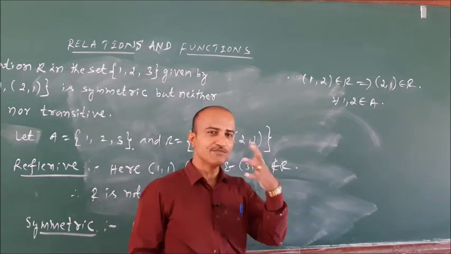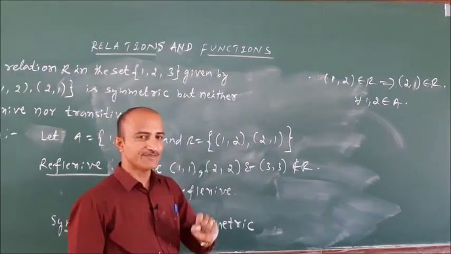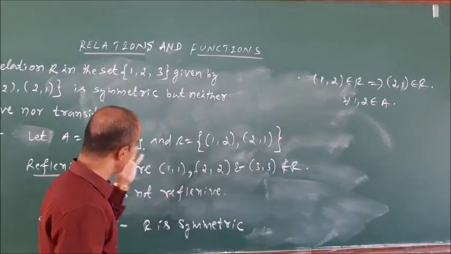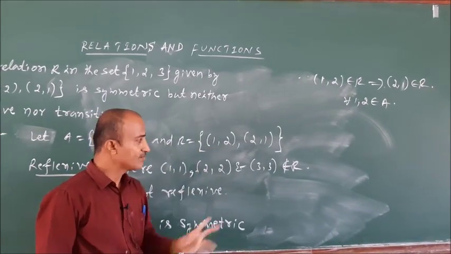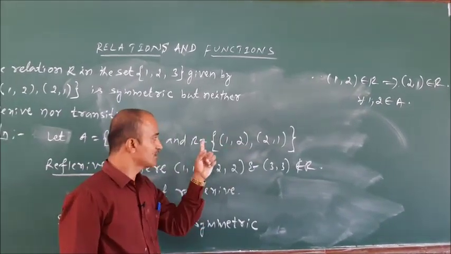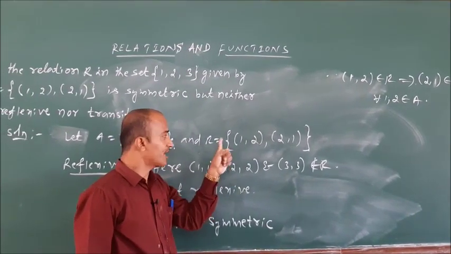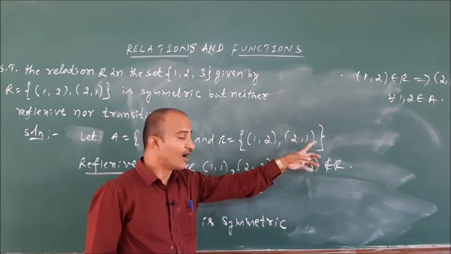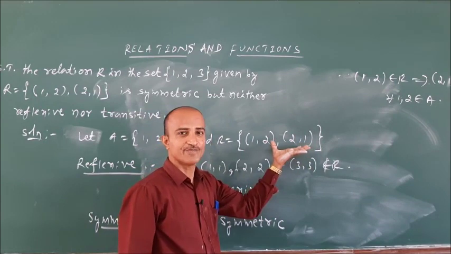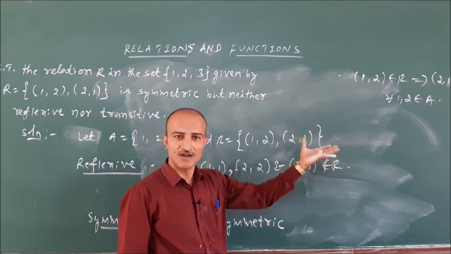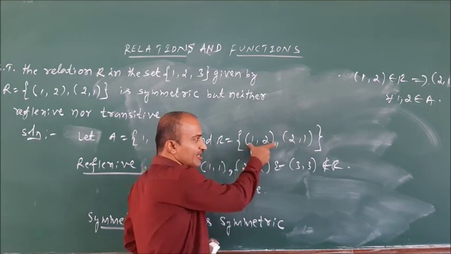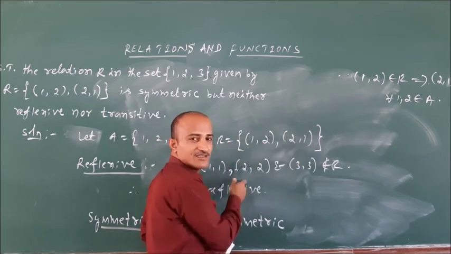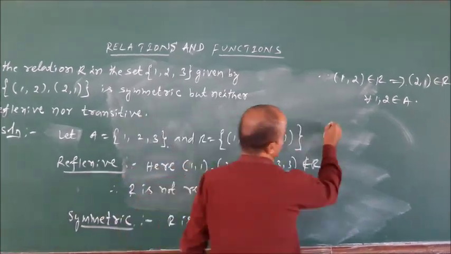Now you will have some doubts in your mind. According to the definition of symmetry, if (a, b) belongs to R, it implies (b, a) belongs to R. But in A cross A there are many elements. But in the given problem we need to observe what they have defined R, where R has already been given, whose elements are (1, 2), (2, 1) only. On those elements only we need to examine whether it is symmetric or not. See clearly, for the element (1, 2) we have the element (2, 1), meaning (1, 2) implies (2, 1), that is obviously in R. Therefore it is symmetric. For transitivity,